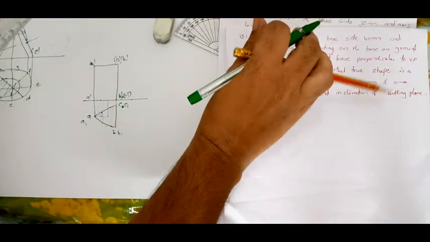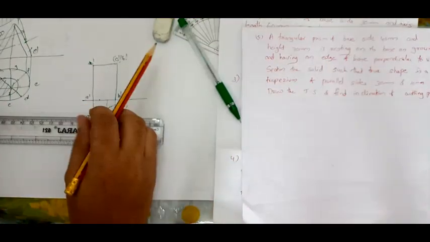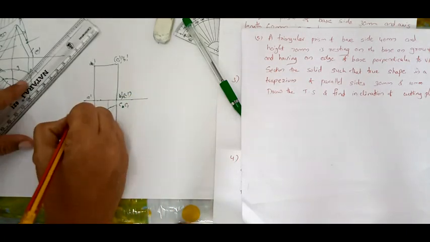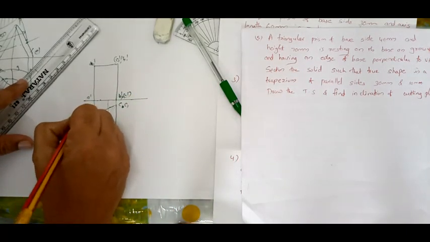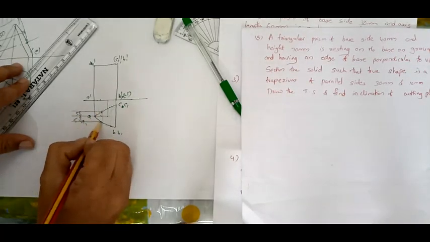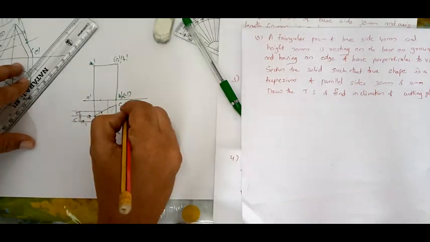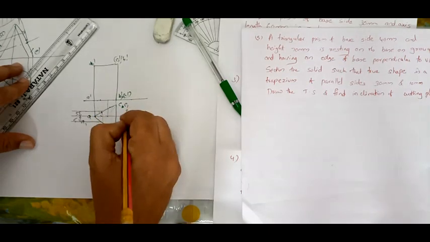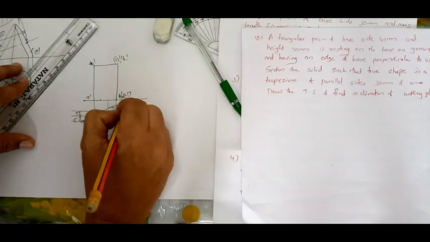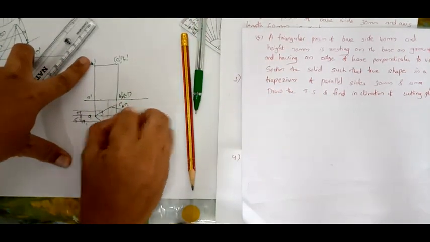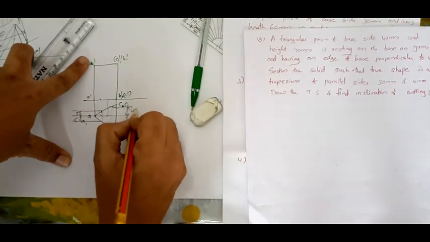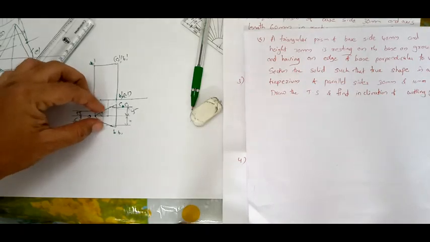So parallel sides they have given 30 mm and 10 mm, right? So see what I am going to do. First I will draw a line parallel to this plane. Now take 5 mm towards both the ends. So you obtain 10 mm. Similarly, take 15 mm towards both the ends. So I have taken a total of 10 mm here and 30 mm here.